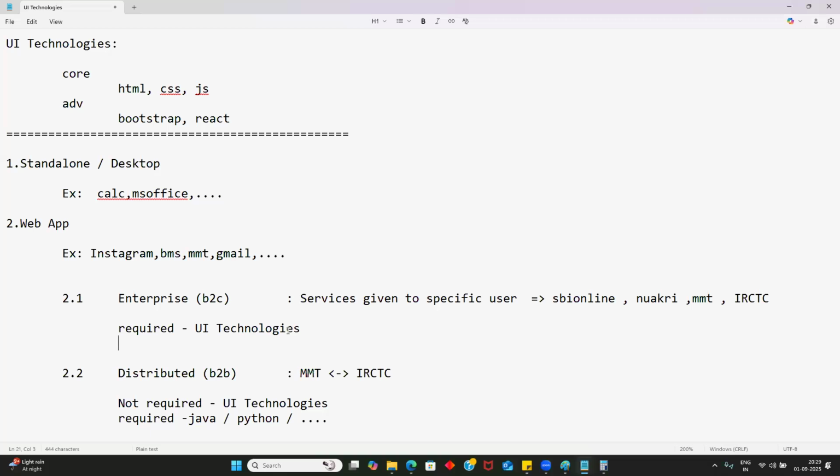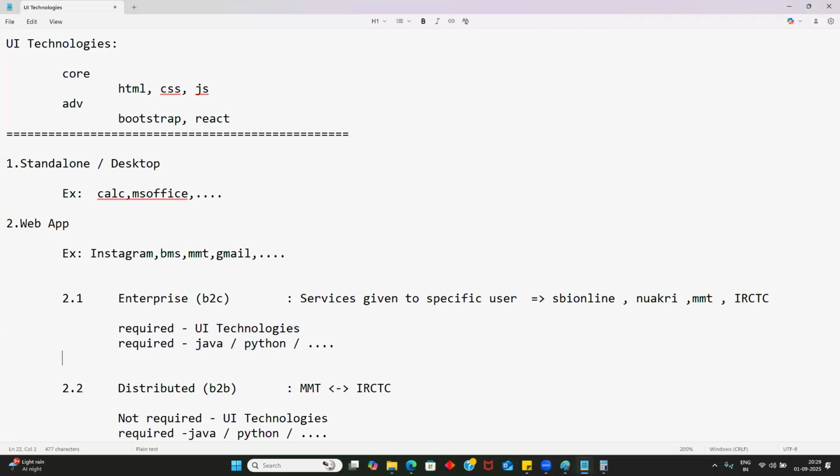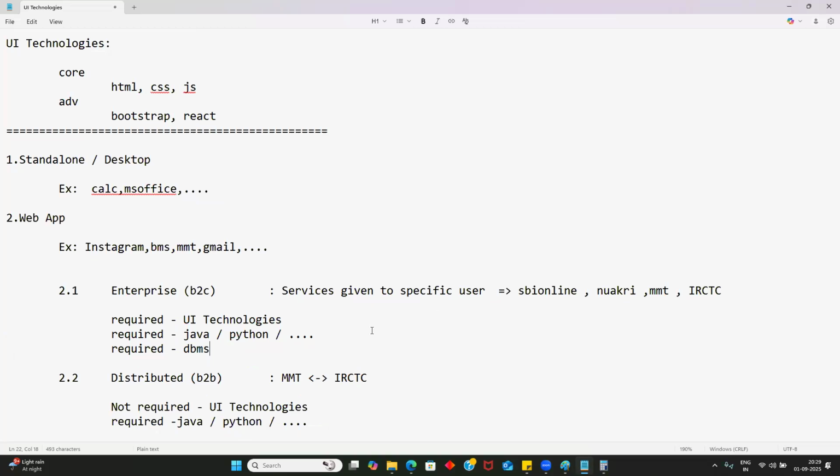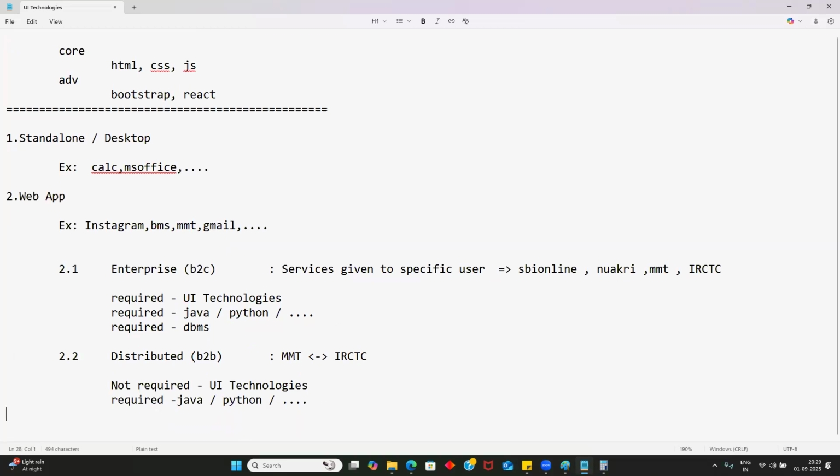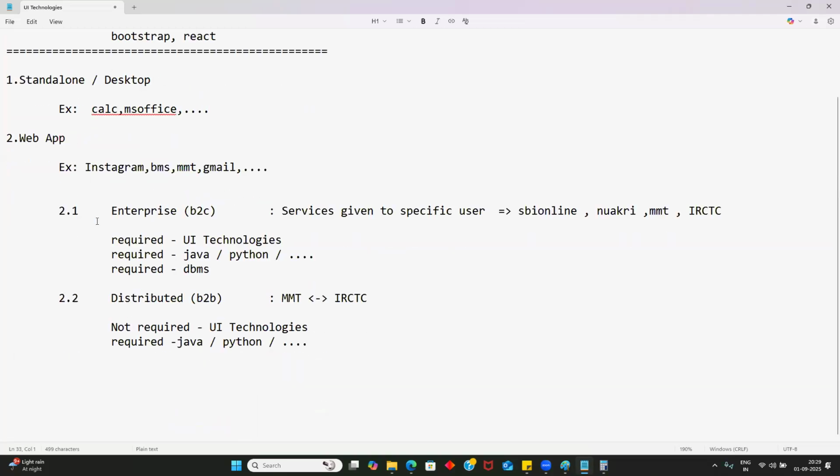So for enterprise applications, both front end and back end are required. And one more thing is also required, guys. I think maybe I'll highlight this one as well: DBMS is also required. It's mandatory. Let's say tomorrow you join a project and the project is enterprise, definitely these three things are mandatory for you.